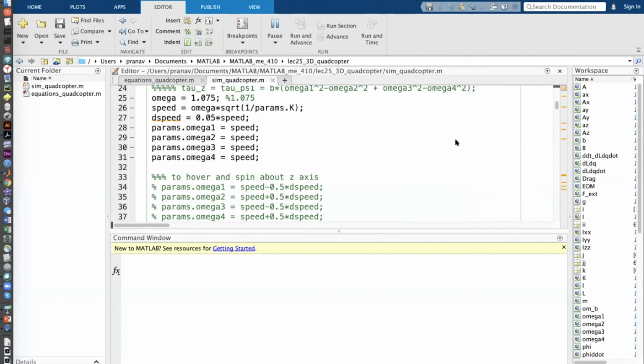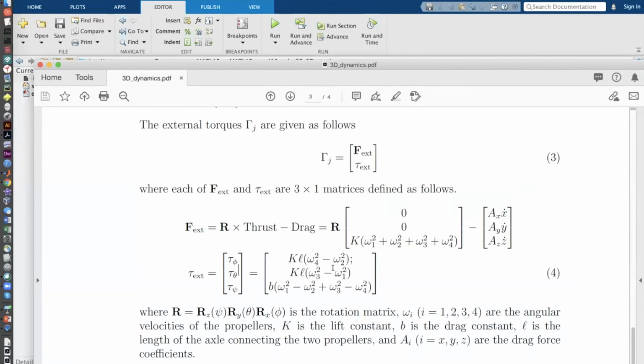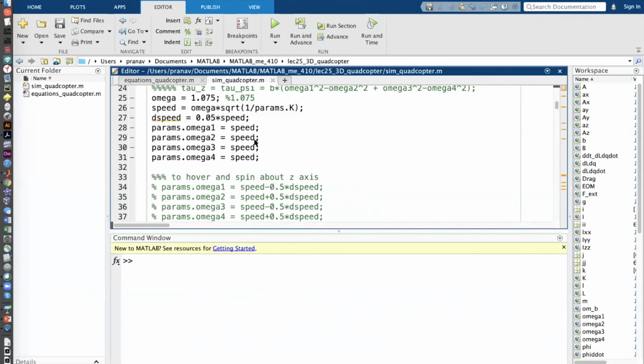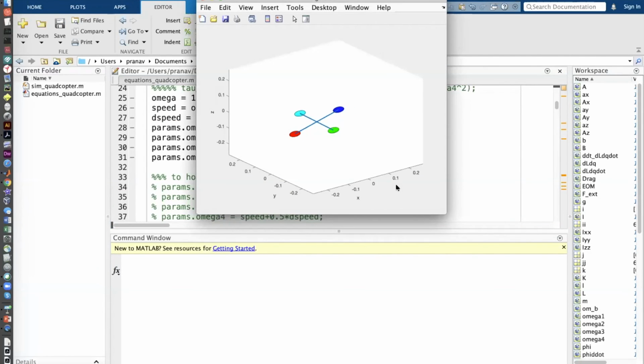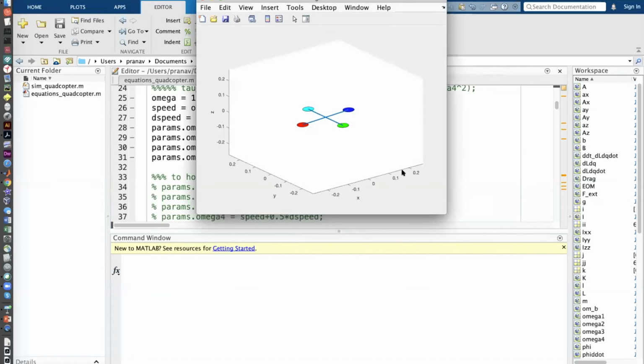Okay, now as per that equation, which I'll show again, I need to change omega 1 relative to omega 3. So I'll just introduce the differential between omega 1 and omega 3. Okay, so when I do that, let's say this one, d speed, and then run this. So you can see that it's actually falling down, and it actually twisted about the y-axis, right? If you saw it along this axis, then it was actually turning about that axis as per those equations. So again, here it's turning about the y-axis, and it actually crashes, and that's because, again, as I said,